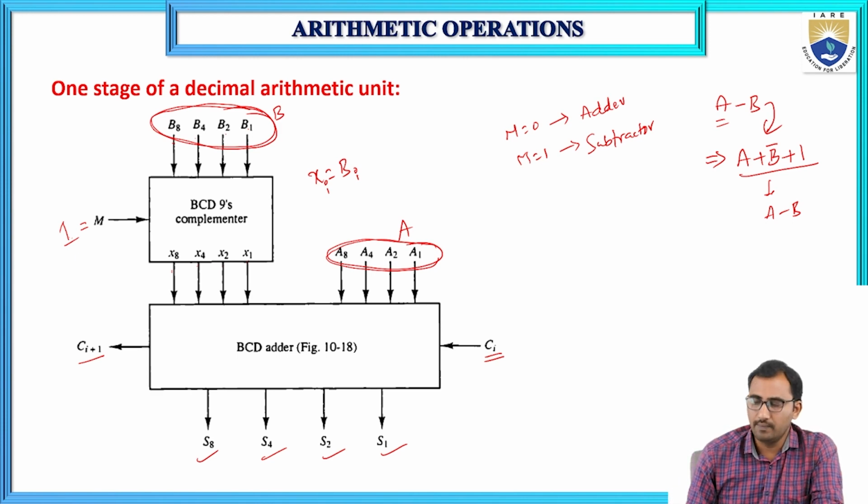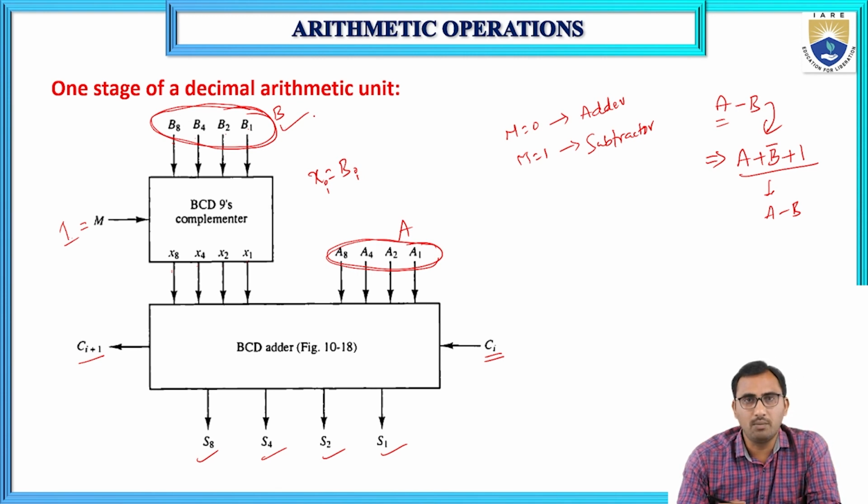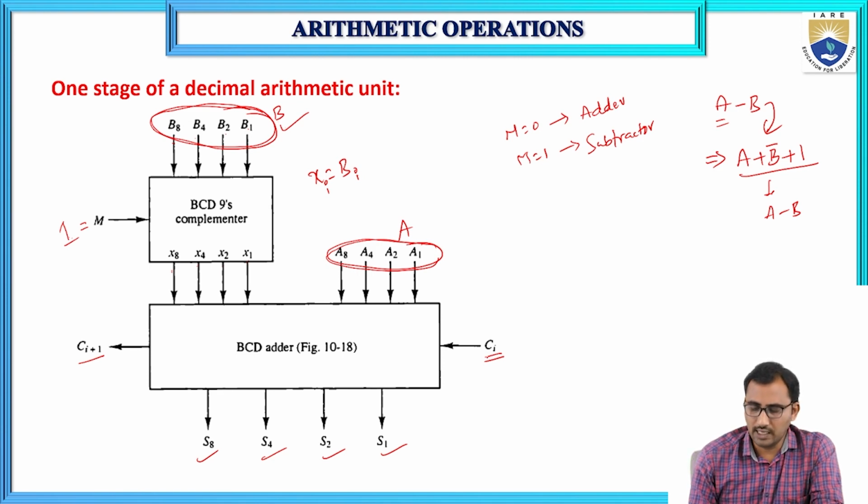So here, B is the value given as B1, B2, B4, B8. For this, we perform the nines complement, and then we add 1. The Ci is the input carry from the previous stage. So if Ci is equal to 1,